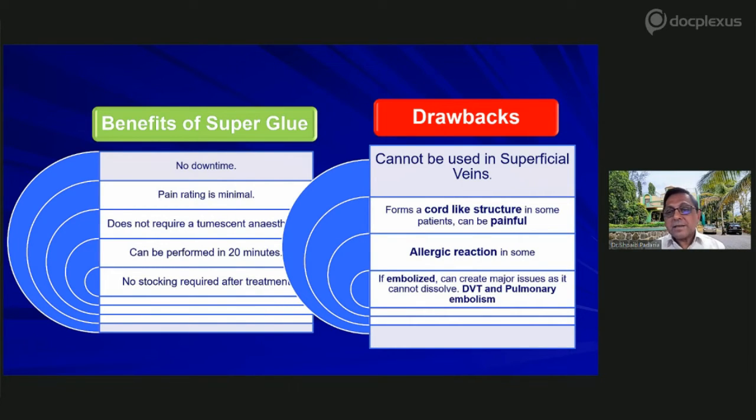Not only that, this can also lead to allergic reaction in some patients, which occasionally can be fatal. Thirdly, this glue, when it actually solidifies, it becomes like cement. Now, if a part of this breaks and embolizes, it can create a major issue because it cannot dissolve and can lead to very severe DVT and very severe pulmonary embolism. And so